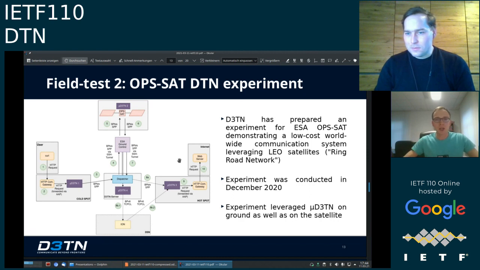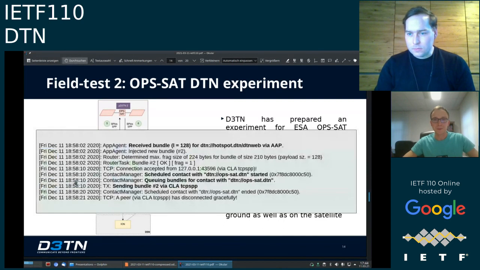and then it will reach the web server via the communication gateway. And when we take a look at the log files which were produced during the test, we can first of all take a look at this instance micro DTN1, where we see that it first of all receives a bundle payload via AAP. It makes a bundle out of it. It routes the bundle, and shows that, okay, the bundle has been scheduled, and then a connection is created to the dispatcher, to the ESA ground station via the dispatcher,